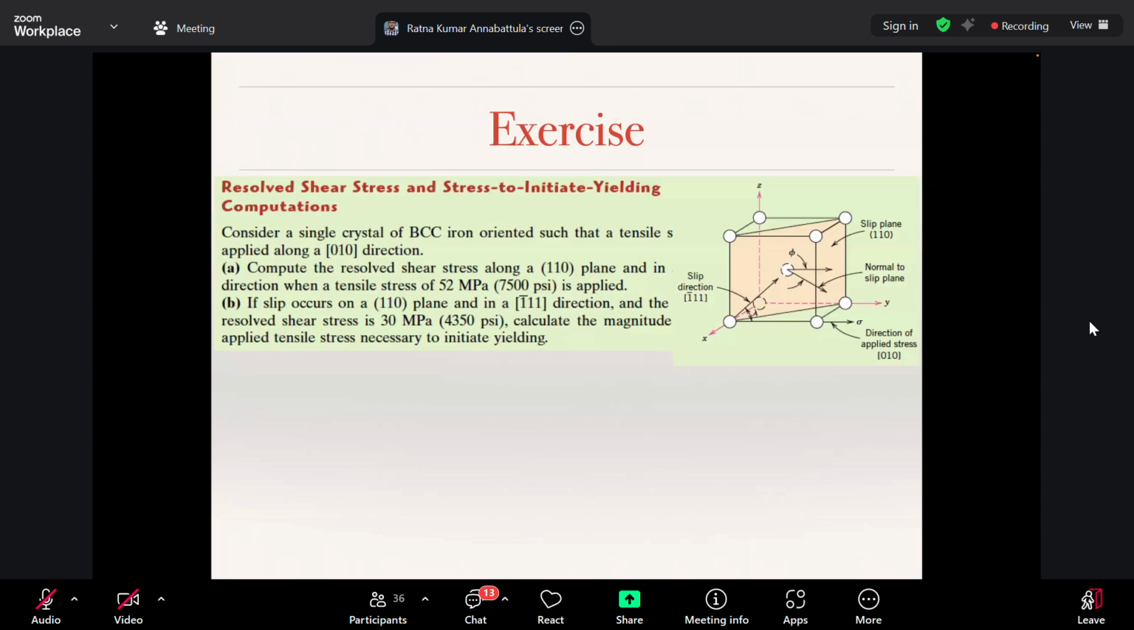See, iron is oriented in such a way that the tensile stress is applied along the 010 direction, that means along the y direction. And this is the plane that we are talking about. This is the direction in which we are applying the load, and this guy is the normal to the plane. What we are asked to do is compute the resolved shear stress along the 110 plane, that is, along that plane